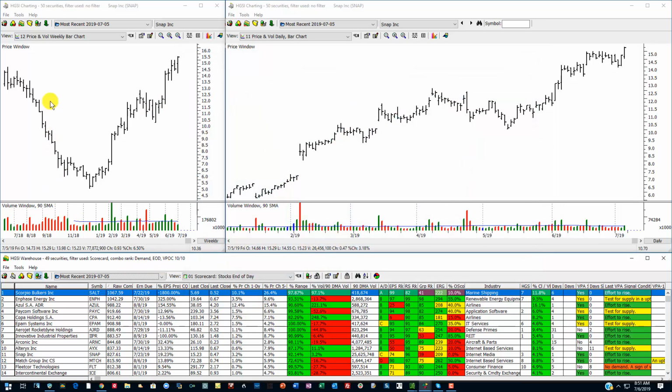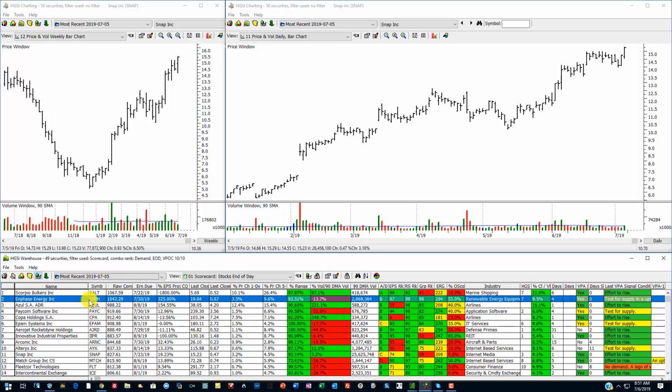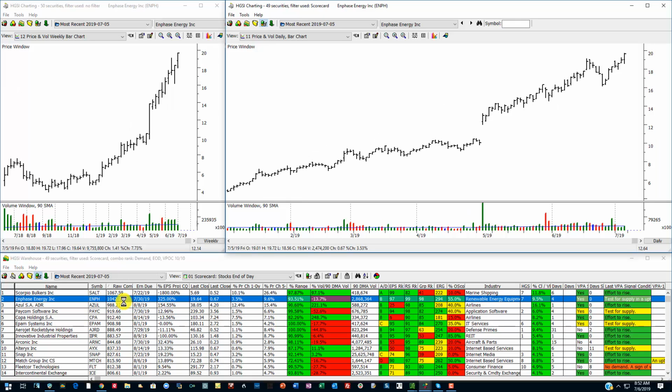What I've done, or what I'm going to do, is select a stock here. In-phase energy, this is a stock that I've been in and out of. I should be back in it, but since I took most of last week off, I didn't want to carry positions, so I'm currently out of it, but I think I'll use it as an example. In the webinars in the future and most of the videos, I'm going to try to stick to this format primarily. So what I did is I clicked on in-phase energy, and you can see that on the weekly chart